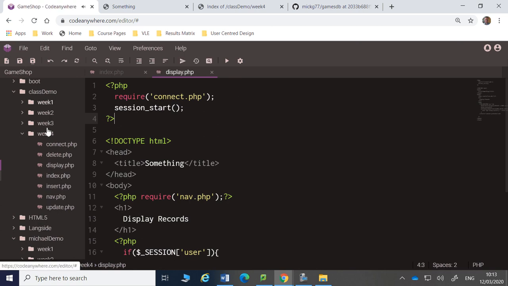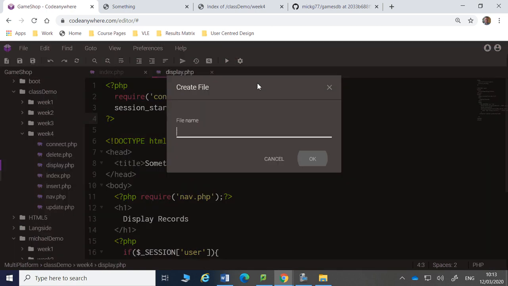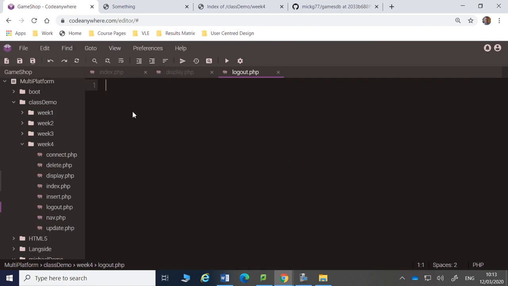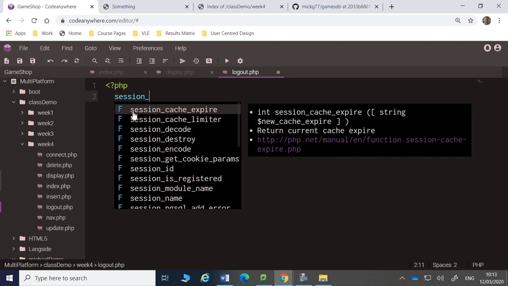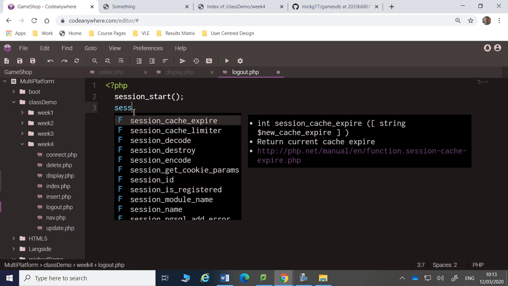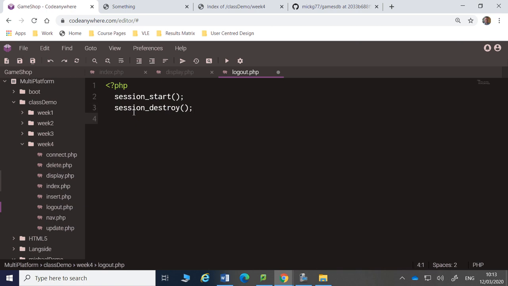And I'm going to create file and log out. It's going to be called logout.php. Start my PHP. You need to start your session, which always seems a bit counterintuitive to me, but I need to do it. And then I need to go session destroy. That's just logged out. Now, it's not the most user-friendly thing in the world, so what I'm going to do here,